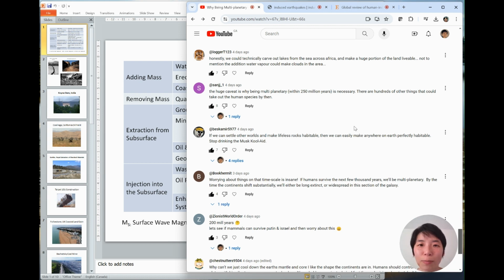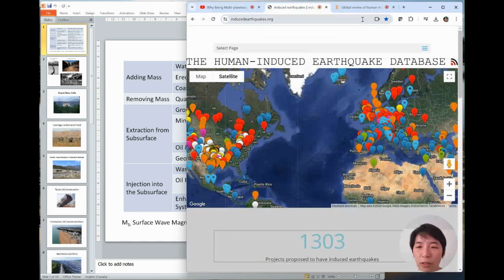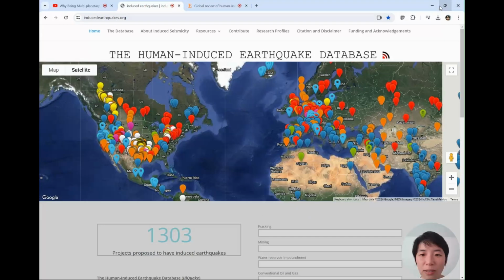And some of you may say, of course, human activities in extracting oil and gas could cause earthquakes, but there are much more than that. So let's have a look at this map right here. This is a database that is tracking how many earthquakes worldwide are linked to some kind of human activity, and it has accumulated